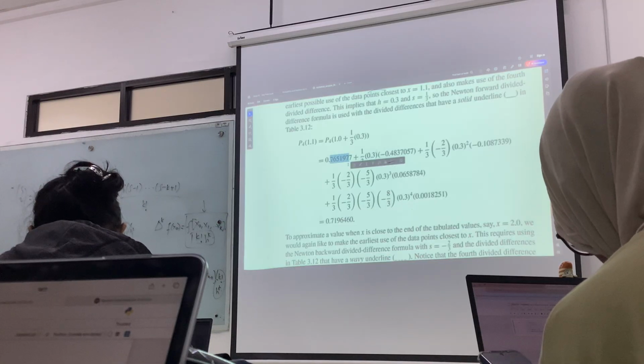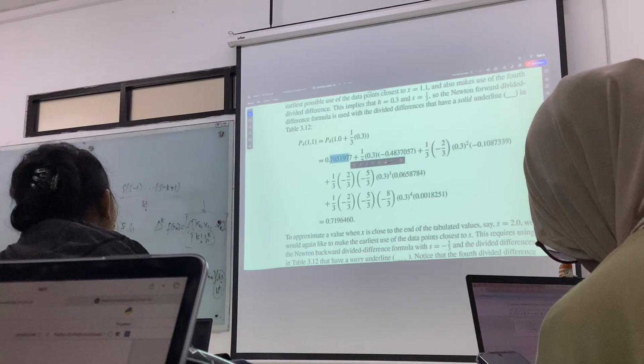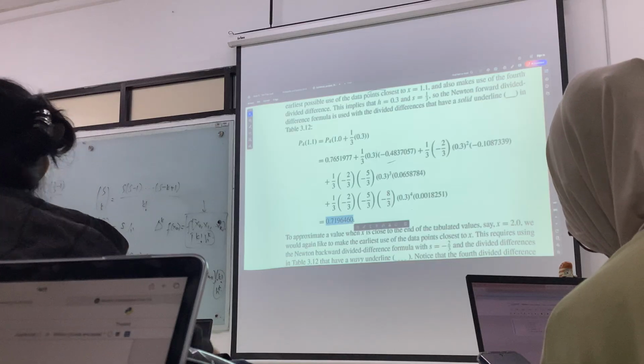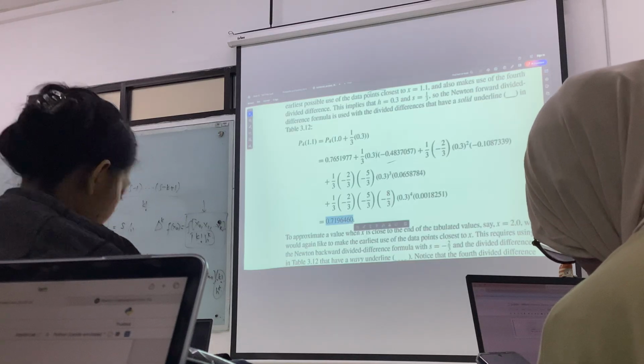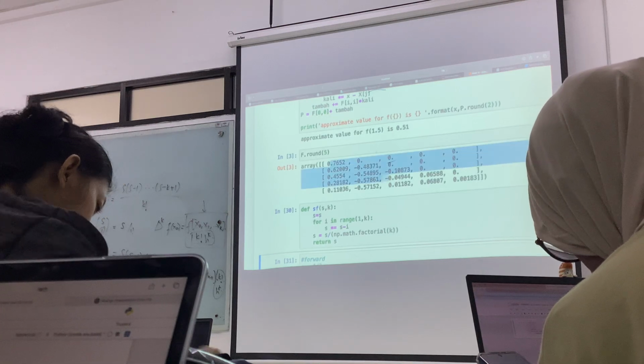Or in your Excel, what is your PF? PF is the whole one. You got the same as this? Because when you calculate it in Excel, you will have the same result as this one, like the matrix. The matrix will be like this one.